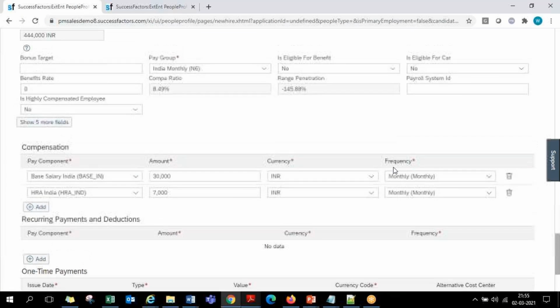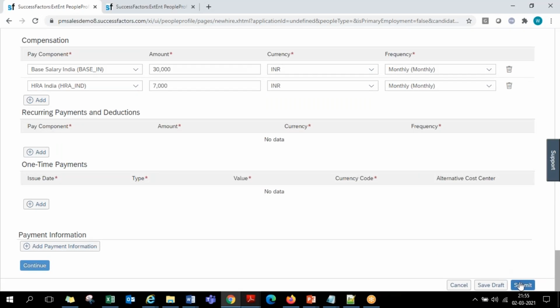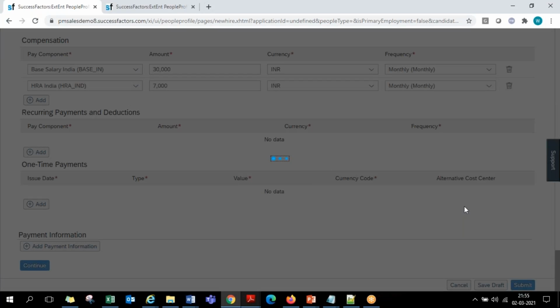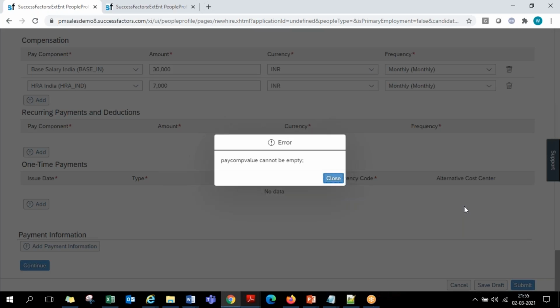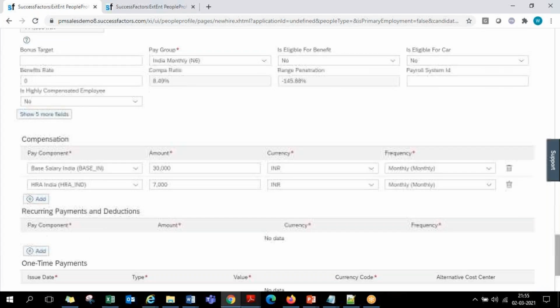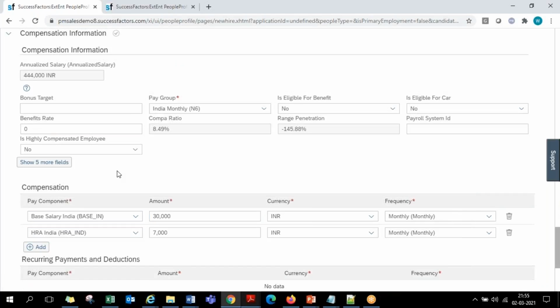Okay. Coming to this compensation, there is a frequency of monthly, bi-weekly and all. But what about Provident Fund or gratuity, what we pay in India? How is that configured? Here itself, if you want to maintain those info types, those pay components, I can also maintain one more pay component as PPF, Public Provident Fund or Provident Fund, whatever I have to maintain. It's 18% of the basic salary, whatever policies you have. As per that, we can have it.